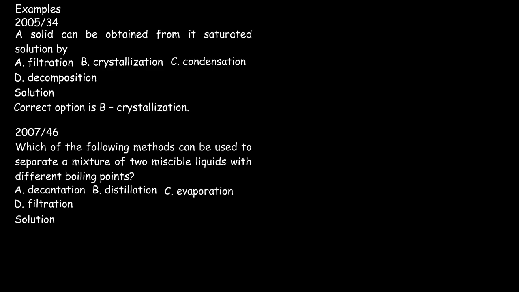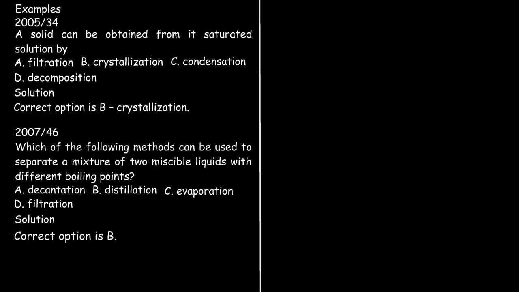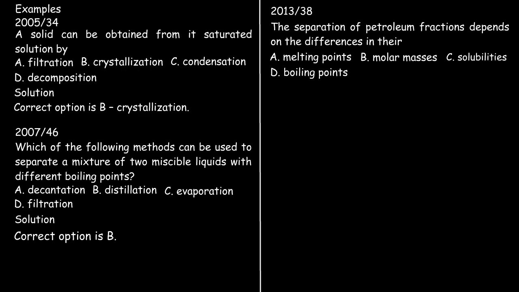B. The next example, which is from 2007, states: which of the following methods can be used to separate a mixture of two miscible liquids with different boiling points. Now the method used to separate two miscible liquids with different boiling points is distillation, and the correct option is B. Our third question is from 2013, and it states that the separation of petroleum fractions depends on the difference in their. Now separation of petroleum fractions uses distillation, which depends on the difference in boiling points, and the correct